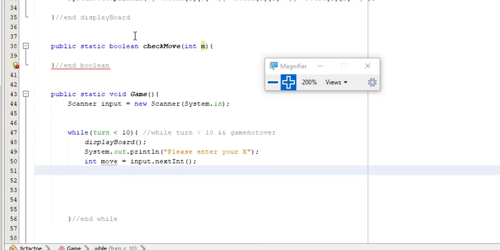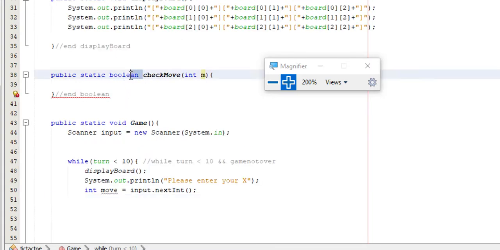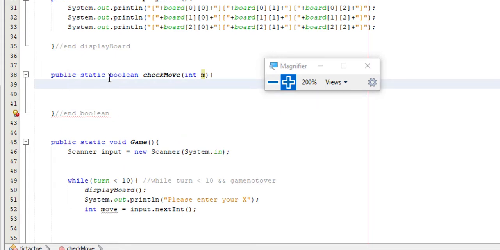I can always just put my X in there, but if I don't know if it actually worked or not, I could make another variable and just leave this void, and then change that variable, use that as a check. But this returning is probably the easiest way to do it. So, all right, I've got 8 possibilities here, 1 through 8. So the first thing I need to do is check if m is not within that range, so if it is less than 1,